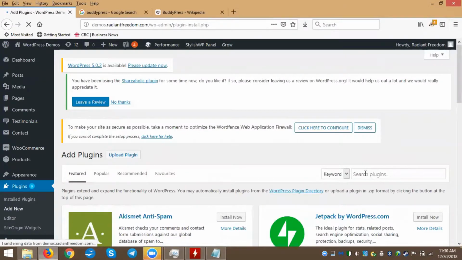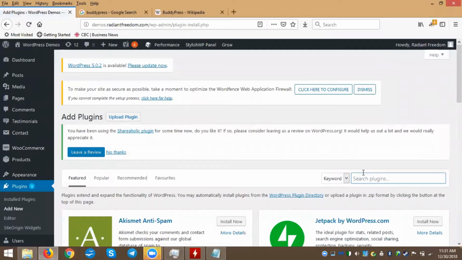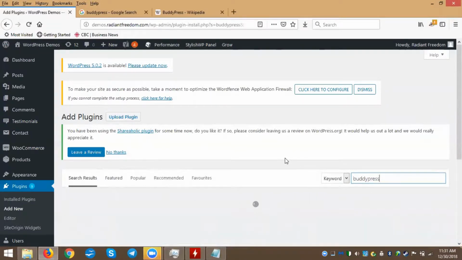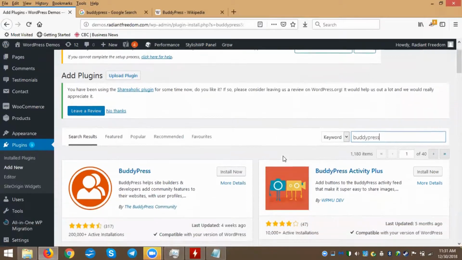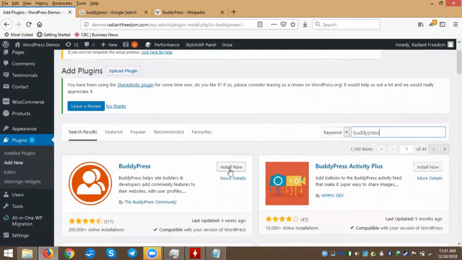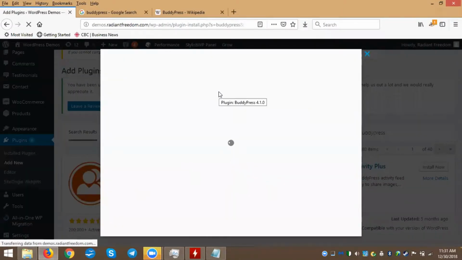And so now what we're going to do is do a search, and in this case what we'll be looking for is a popular plugin for adding some social media forum type features to your website called WordPress. And so there it is, right up at the top. So there's a couple of areas here. So this gives you a little bit of information about it. Here you can go in for some more details